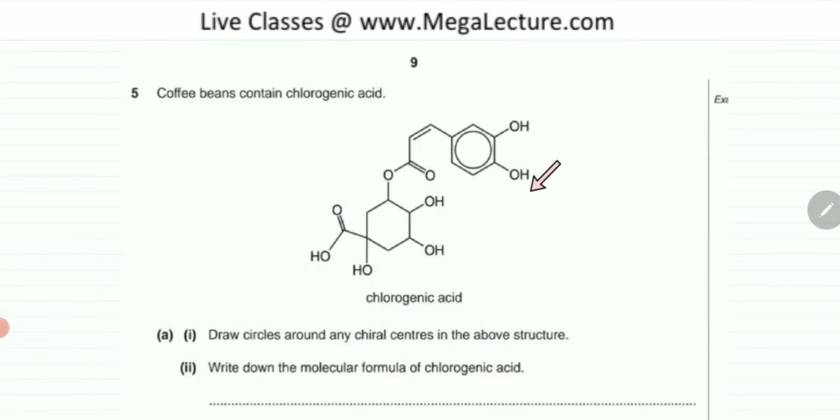Acid. So this is the formula of the chlorogenic acid, and you're being asked to draw circles around any chiral